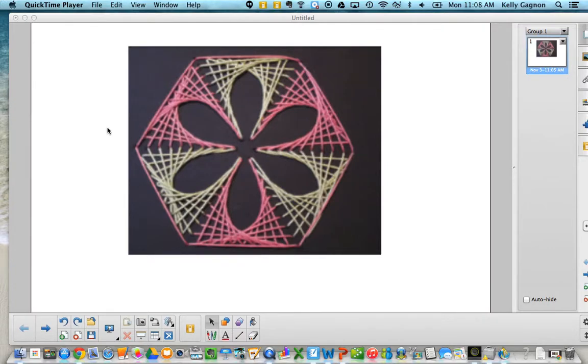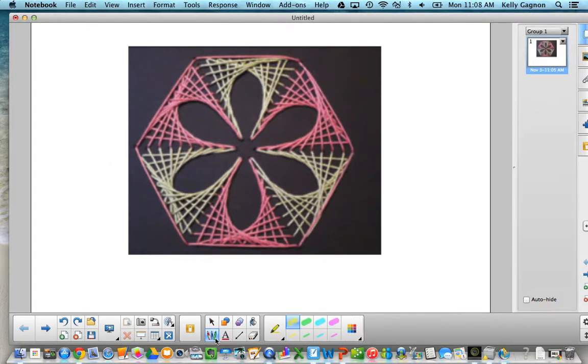Okay, so we're going to create this design and put it onto Sketchpad. So the first thing you do when you start with a design and you want to create it on Sketchpad is to kind of figure out what you see in your design. So what I see to start with, and I'm going to use a highlighter to highlight things, is I see a hexagon. So I need to construct a hexagon around the outside,